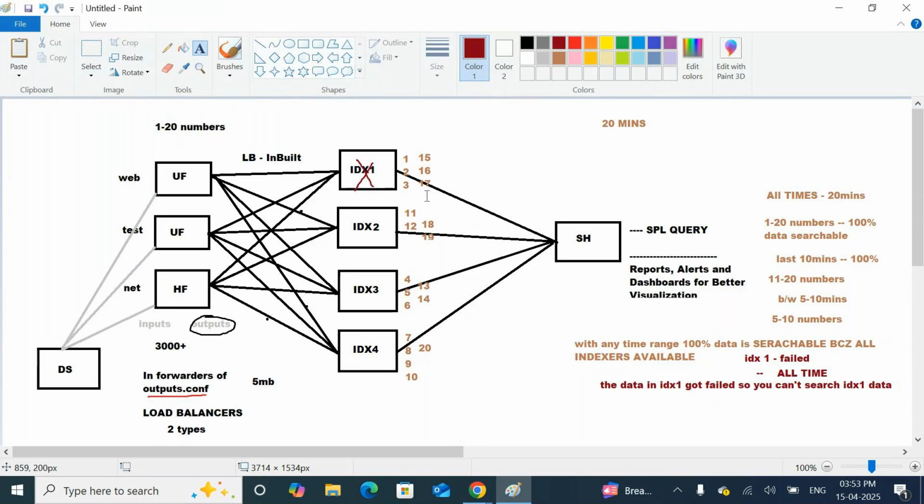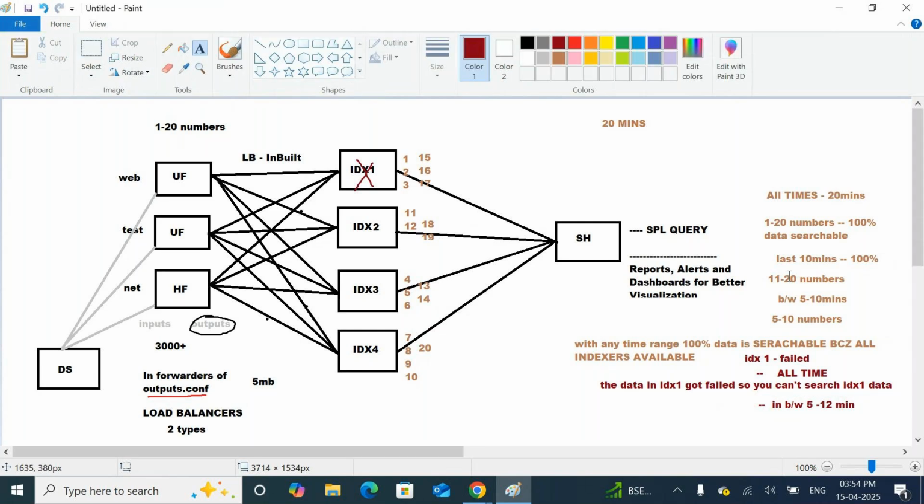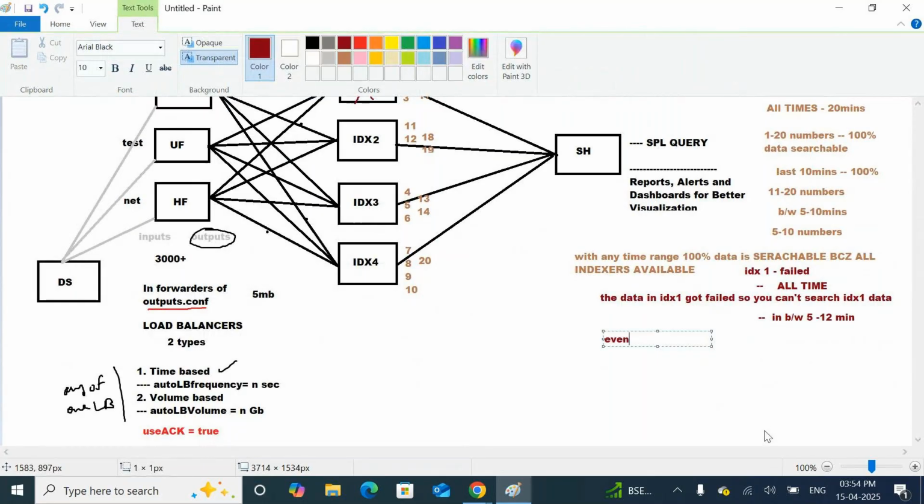Yes, sir. So now my question is, if you search data in between the 5th to 12th minute, the search will be successful. IDX1 failing is no problem.